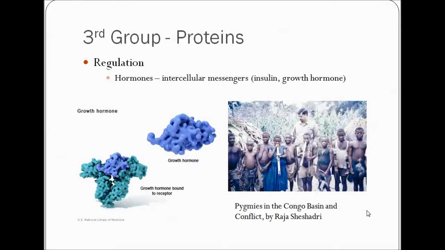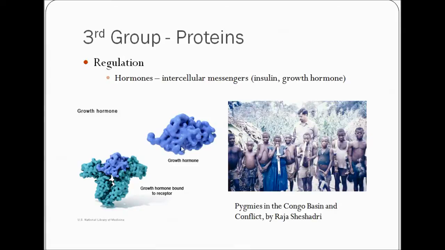The next one is regulation. So hormones, not all of them, some hormones are lipids. But the regulation of your body, several of them are hormones, are intracellular messengers, insulin and growth hormone. Growth hormone